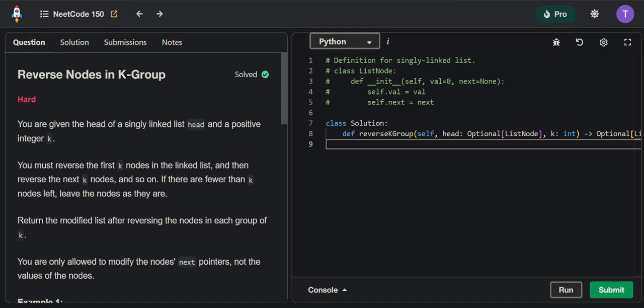Problem 45 of Neetcode 150, reverse nodes in k-group. So let's go ahead and read the problem. You are given the head of a singly linked list and a positive integer k. We have to reverse the first k nodes in the linked list, all right? And then we have to reverse the next k nodes and so on,